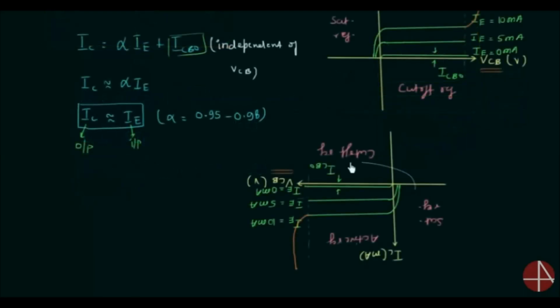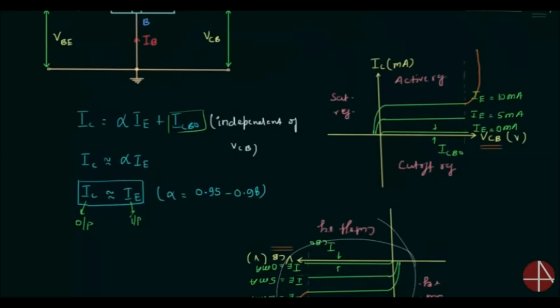You can see this plot is similar to the reverse bias characteristics of a PN junction diode. The next thing is the cutoff region. In the cutoff region, both the diodes are reverse biased and the transistor will remain off. When the transistor operates in this region, we can consider it as an open switch or logical off. In the saturation region, both the diodes are forward biased and we can consider the transistor as a closed switch or logical on.